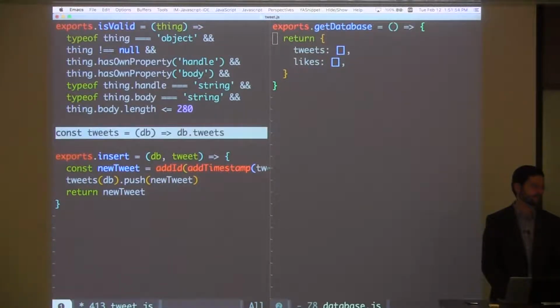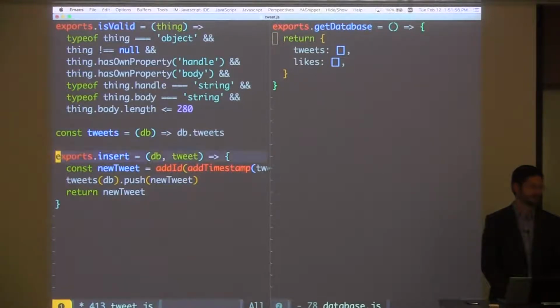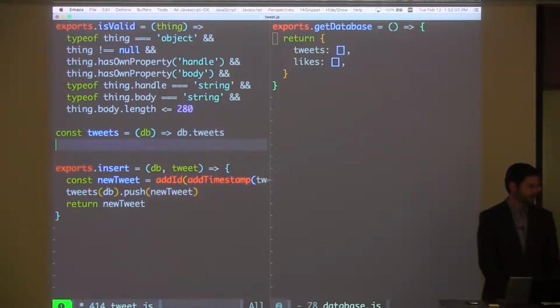Now, this is kind of a silly thing to do at this point. What I should have maybe just said is db.tweets here, and that would have been the same thing. But I'm doing it this way because it's going to make things a little bit easier later. Also, we want